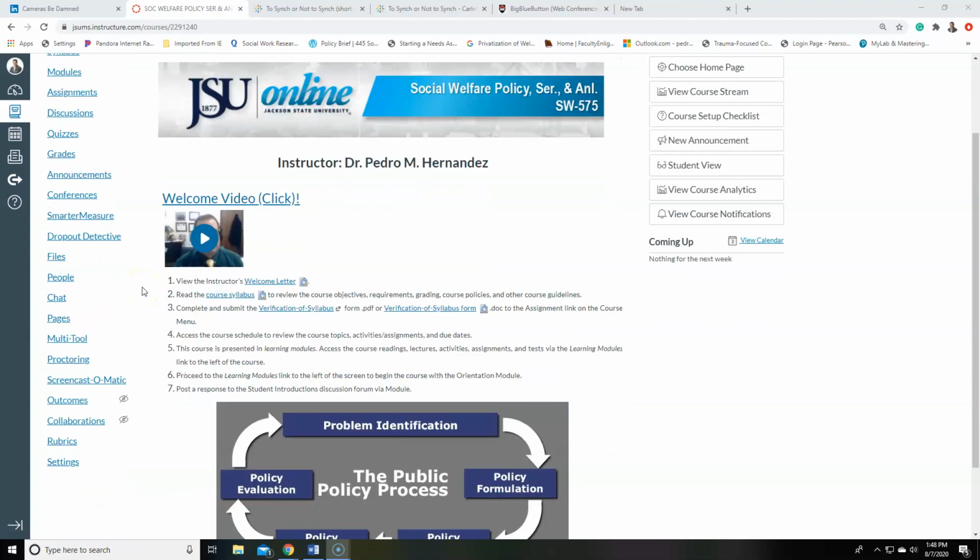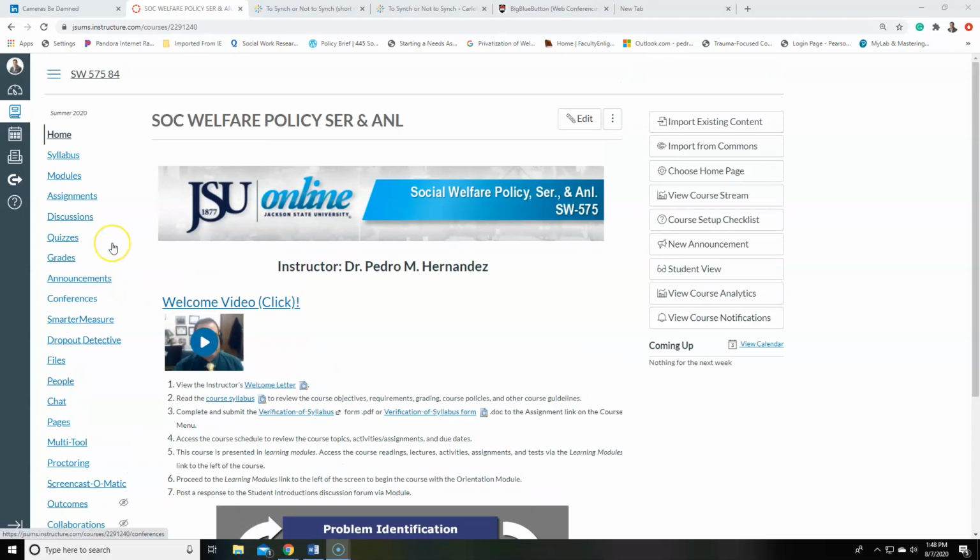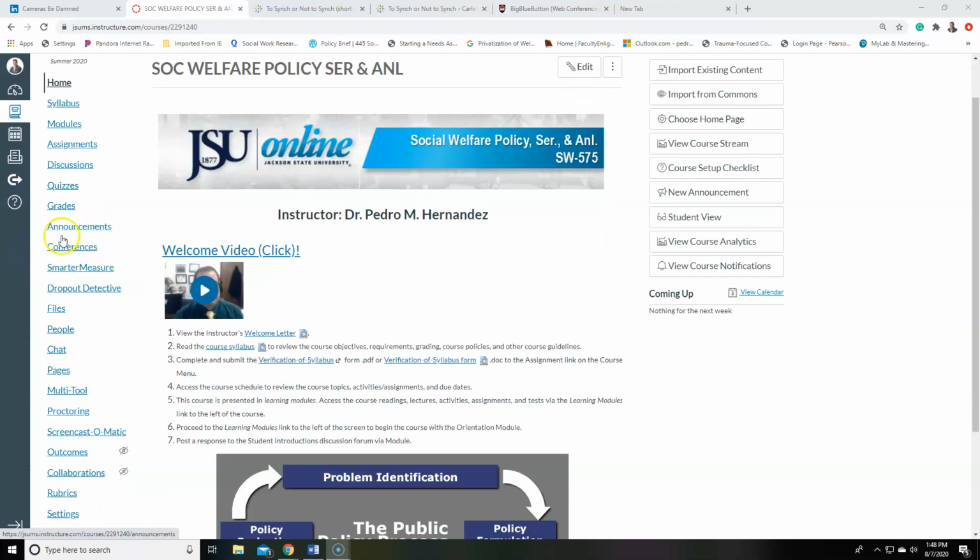But anyway, the first step is that if you open your shell, and by the way, I'm using a shell of a class I taught in the summer. Why am I using this? Because when I click conferences in a minute, if I use one of my shells that are for the fall, it would give me an error message. So anyway, the first thing is that you want to make sure that this is on the left side of your screen,